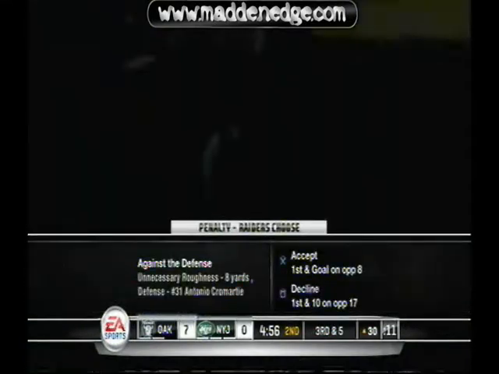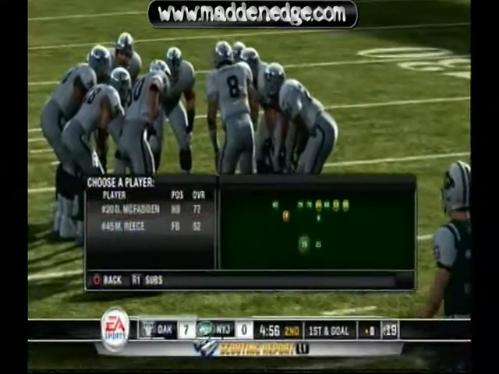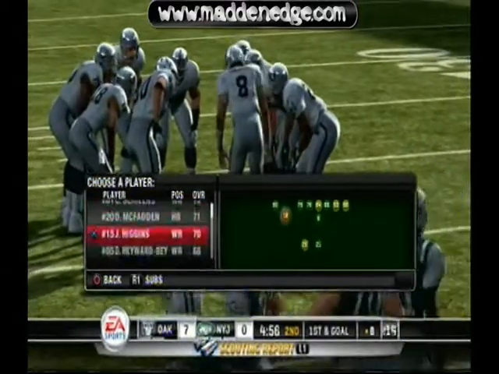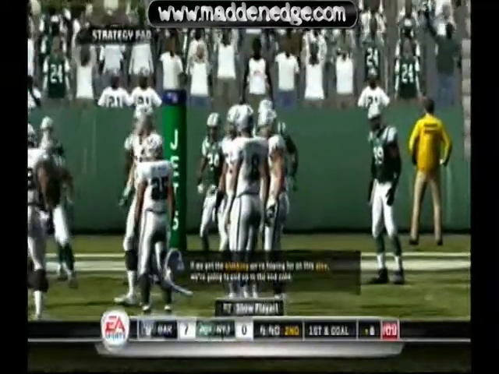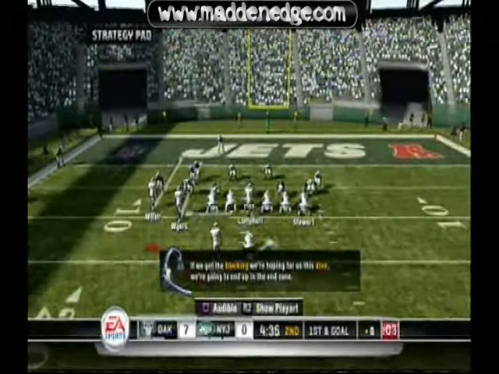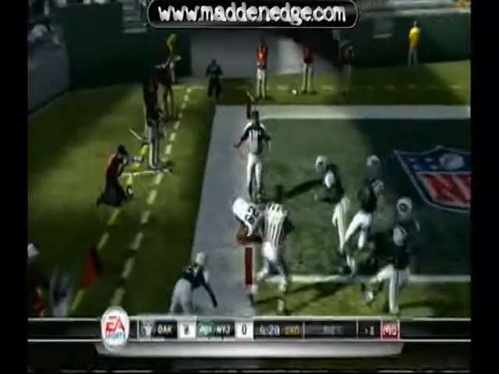But the thing about that, if Murphy is covered, then what'll usually happen is you'll have Miller one on one on a corner route, and you can just throw it up to him. He's like 6'4", 6'5". He has good hands. Basically, he's going to box that guy out, and he's going to have the one on one. Just don't get sacked and give him a nice ball. Here's the toss to Bushy. And I usually like to run